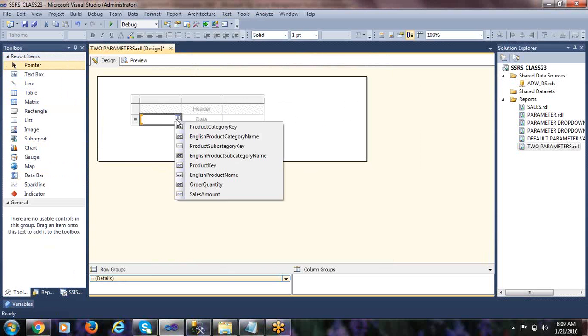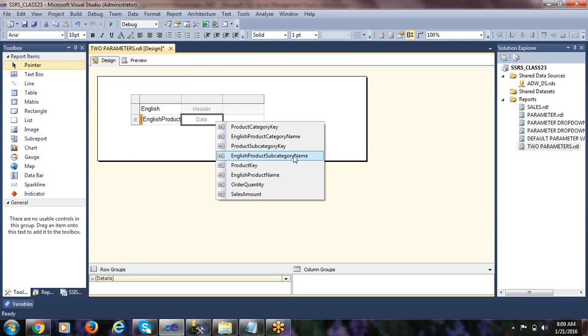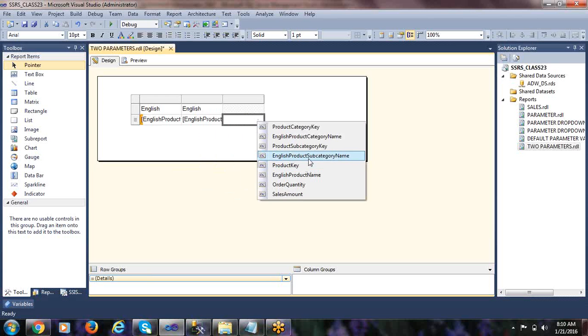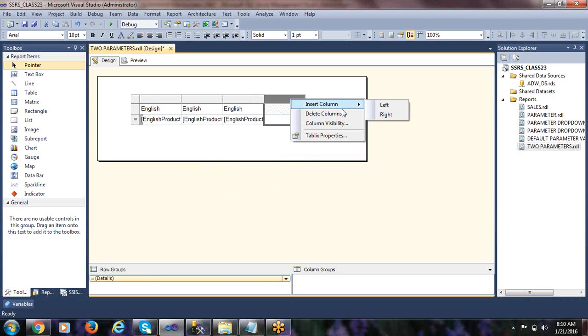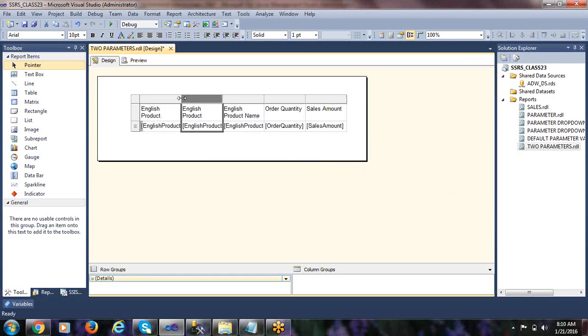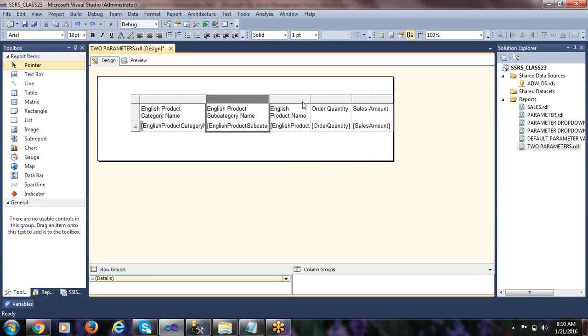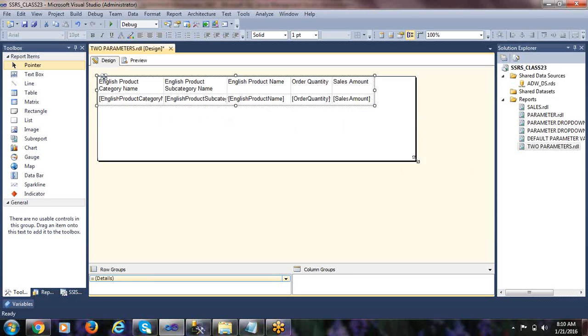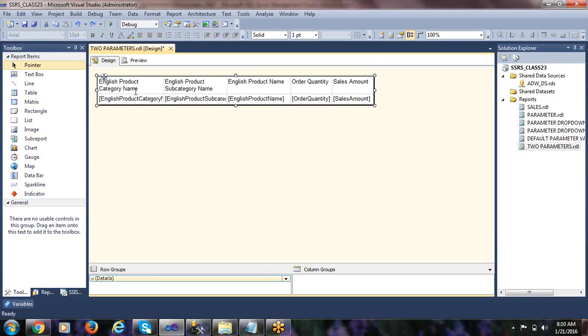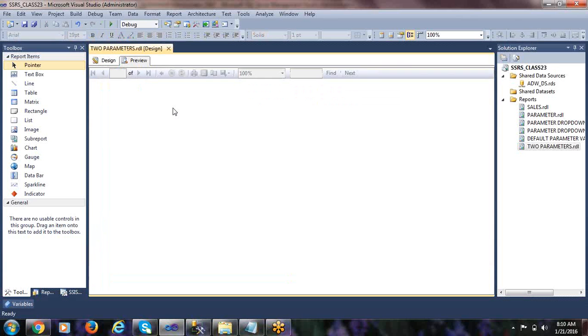Take the table. Create a table by selecting multiple columns. Order quantity, sales amount. That's it. So click on preview.